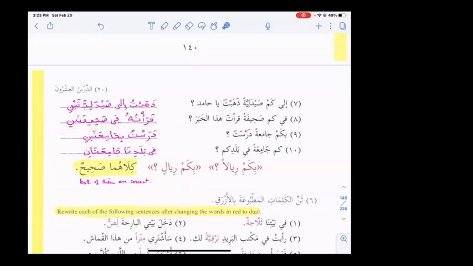I read the news in 2 newspapers. صحيفتين. في حرف جر. صحيفتين اسم مجرور وعلامة جره الياء لأنه مثنى. بكم جامعة درست؟